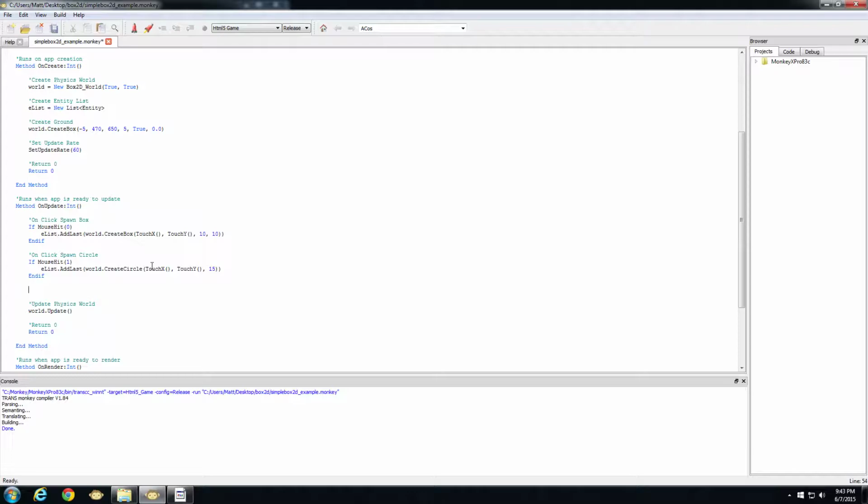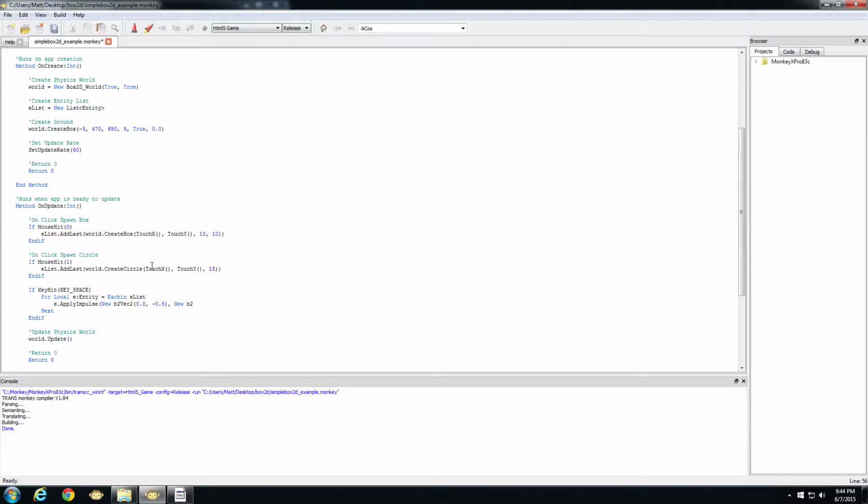For example, we could come down here and do if key hit, key underscore space. We could do for local e entity equals each in e list. Next, and you could do e dot apply impulse. So these are for impulse, it's a vec2 variable, so it's new vec2. This is the force that you're applying. So your x force, we'll just leave that at 0. Say we want to make it go up, we could do 0.5